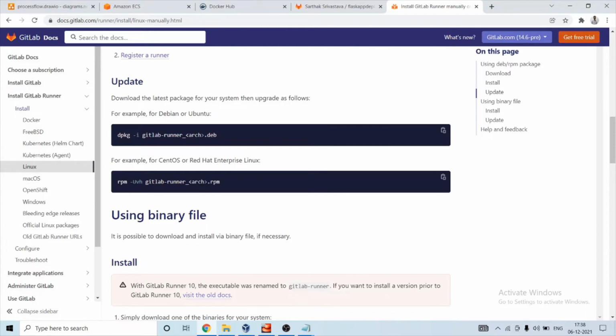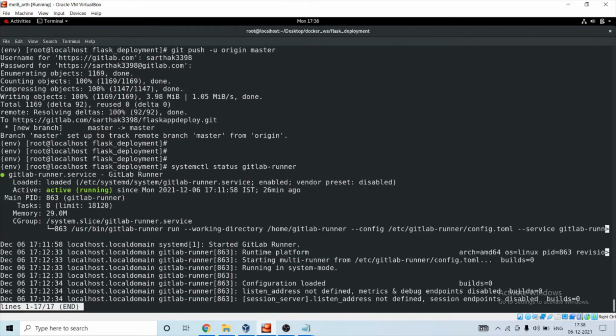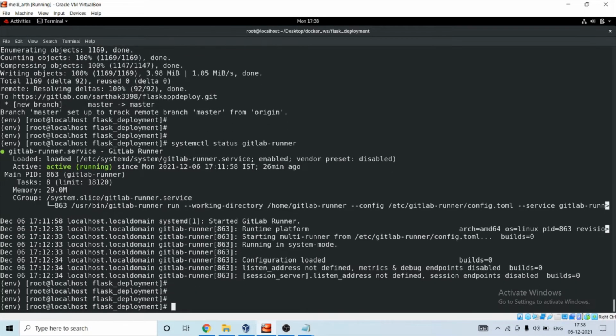I've already installed GitLab runner, so I will check whether my GitLab runner is active. systemctl status gitlab-runner. Okay, it's active.